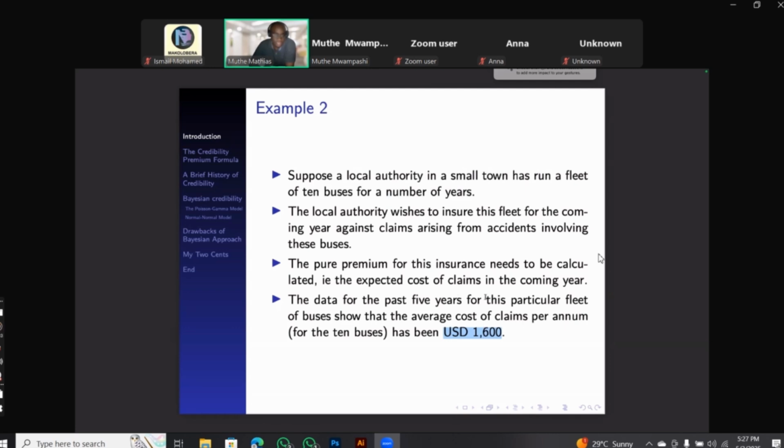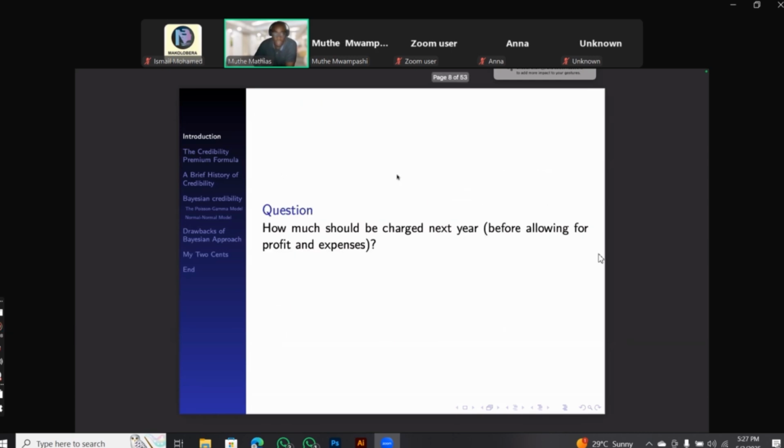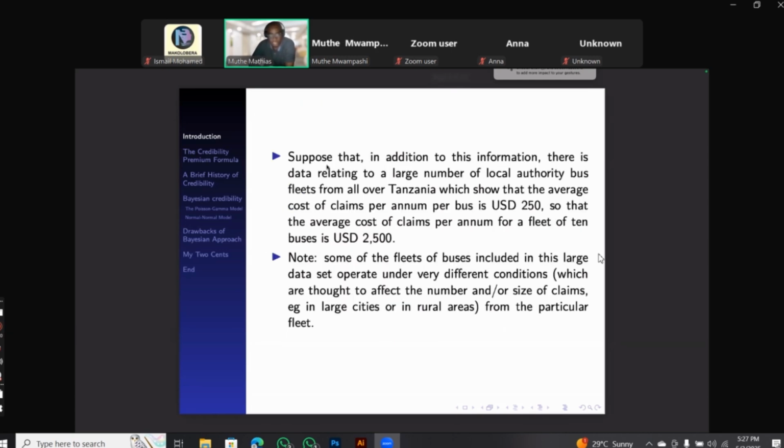But remember, this one here is based on the information from the local authority itself. So we have other information here. Suppose, in addition to this, there is data relating to a large number of local authority bus fleets from all over Tanzania, which show that the average cost of claims per annum per bus is this one here, so that the average cost of claims per annum for a fleet of 10 buses is around this one here. So you have these two kinds